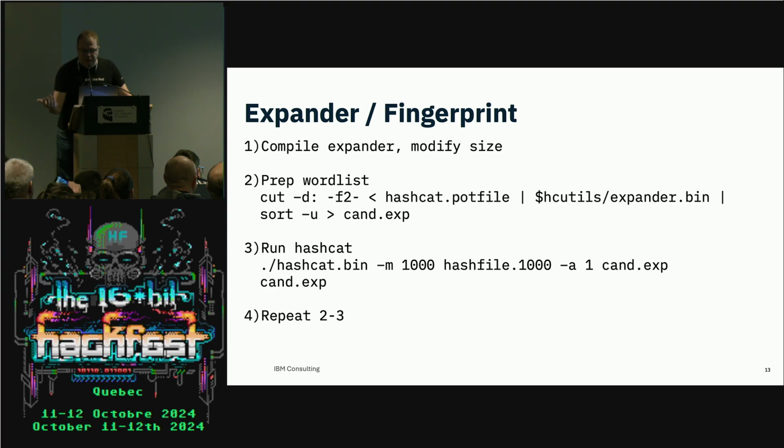You then run that through Expander, because it takes standard input. You run it through sort, because you output a whole bunch of garbage that's duplicates, and then turn that into a candidate.exp. Then you go and run hashcat. So I run hashcat.bin, mode 1000, which is Active Directory. We specify our hash file. We use attack mode 1. Now, you can set workload profiles, but for the sake of clarity, this is just being easy. Then we specify the candidate.exp that we had on the left side, do it on the right, and then you rerun this process again and again and again. Run that about 20 times, take you about an hour, and you'll crack 50% of the word list. Who knew?